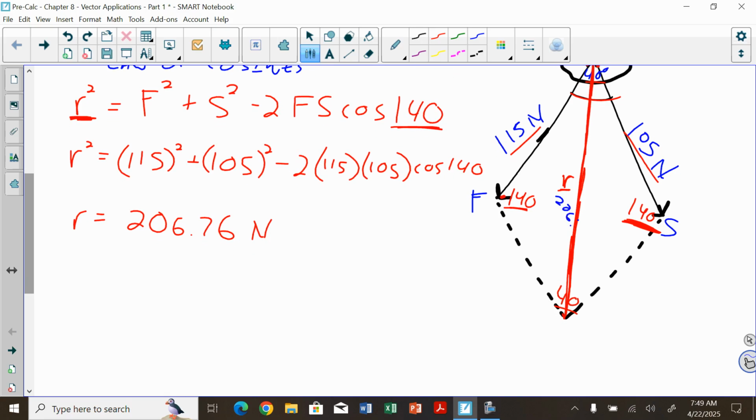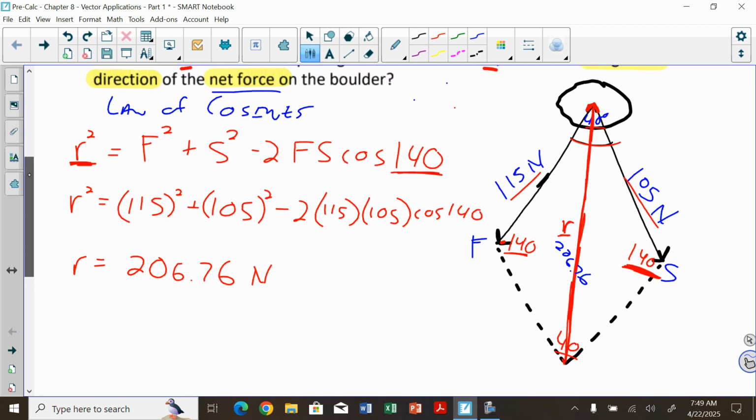We have this is 206.76. So we're going to use law of sines in conjunction with law of cosines to find the direction, but it doesn't tell us if we want the farmer's direction or the sun's direction. So again, it doesn't tell us if we want this angle or this angle, right? So let's just use, I guess,